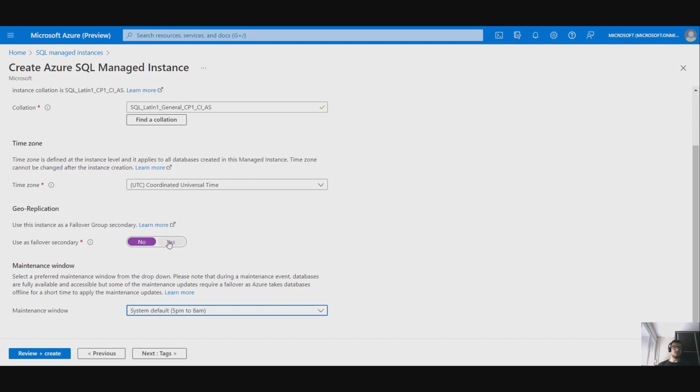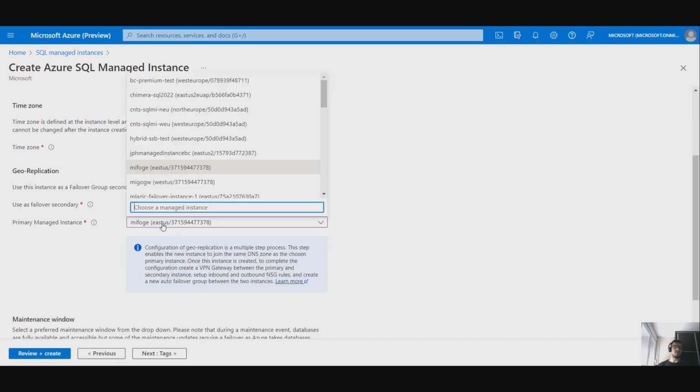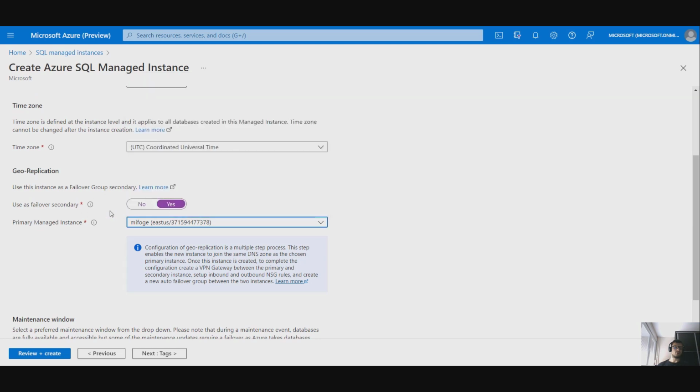With this, you need to simply specify the primary instance that will be used for the replication, and the instance will get deployed inside the same DNS zone as your primary,